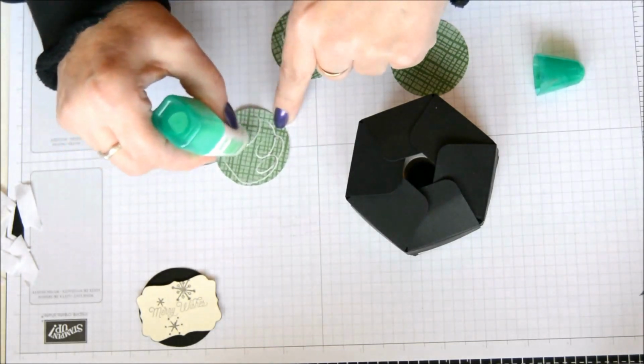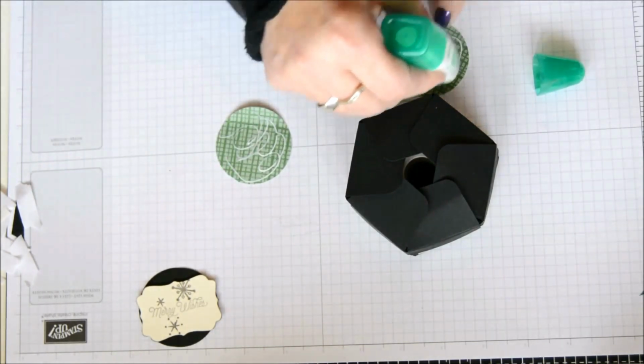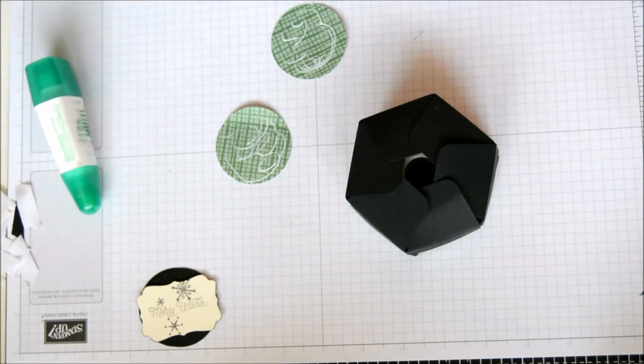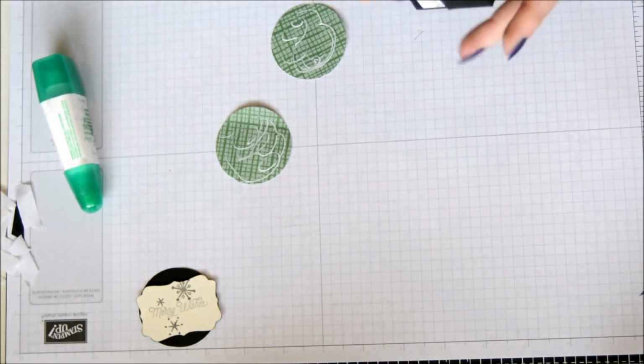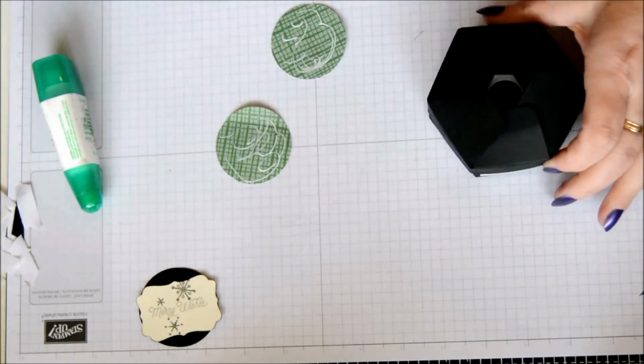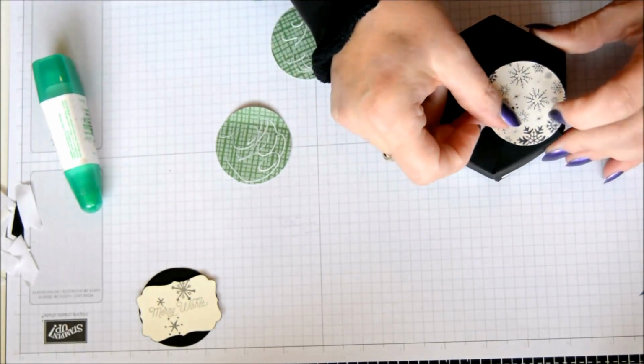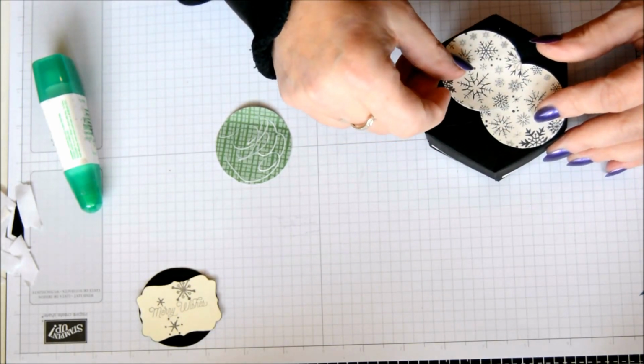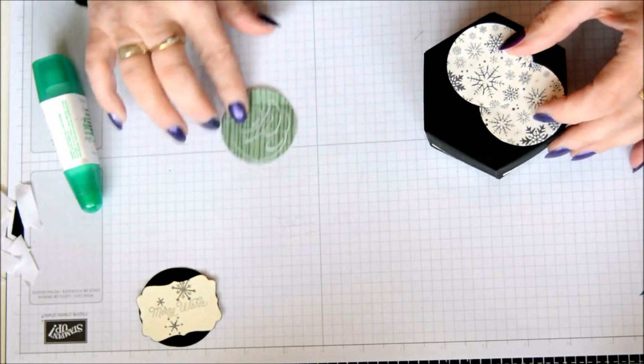with Tombow or your sticky strip, Fast Fuse, whichever adhesive you're using, and pop them on. Now find your back really. There's the back of my box. So I'm going to start by putting my DSP like so,